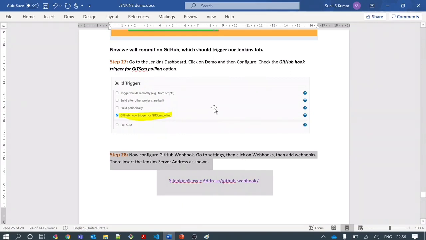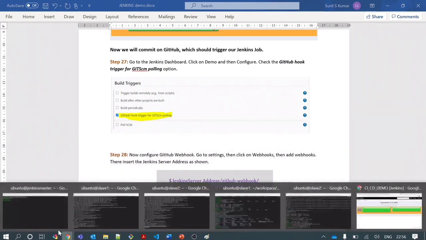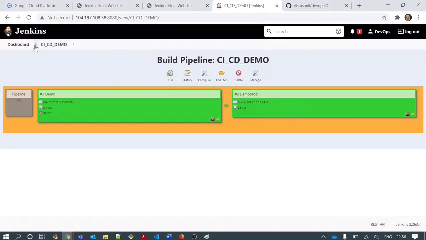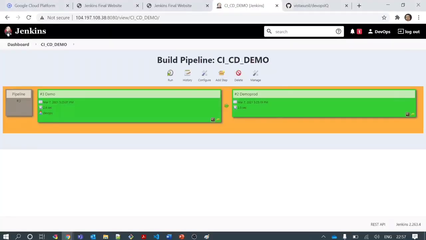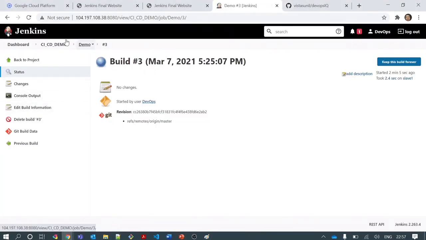So let's make the job changes first by checking this option. Let's go to the job. Which job? We will be changing our demo job, because this job will be triggered with the pipeline view. So let's go inside this job and edit the configuration.